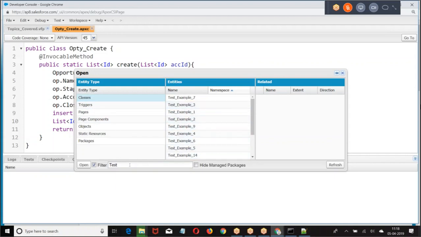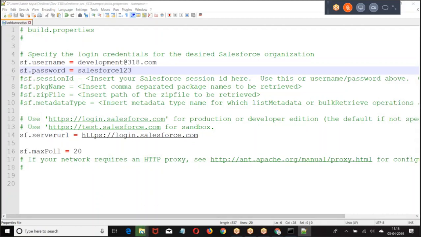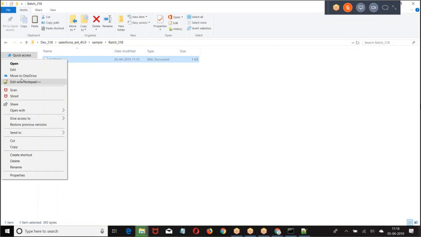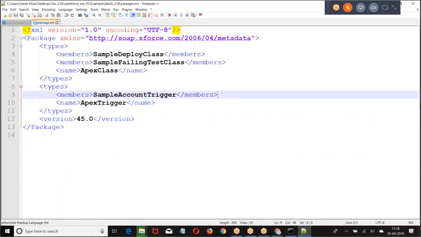Next example. Now, go back to the package.xml. So this will contain the list of elements which you want to fetch or which you want to deploy.